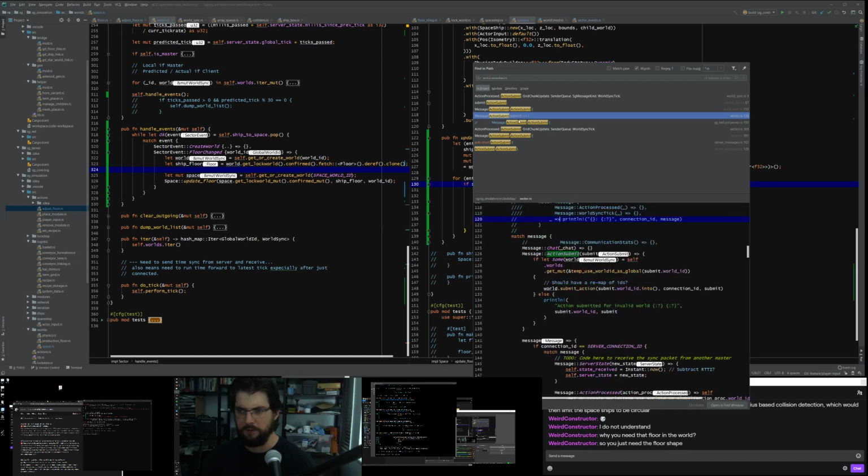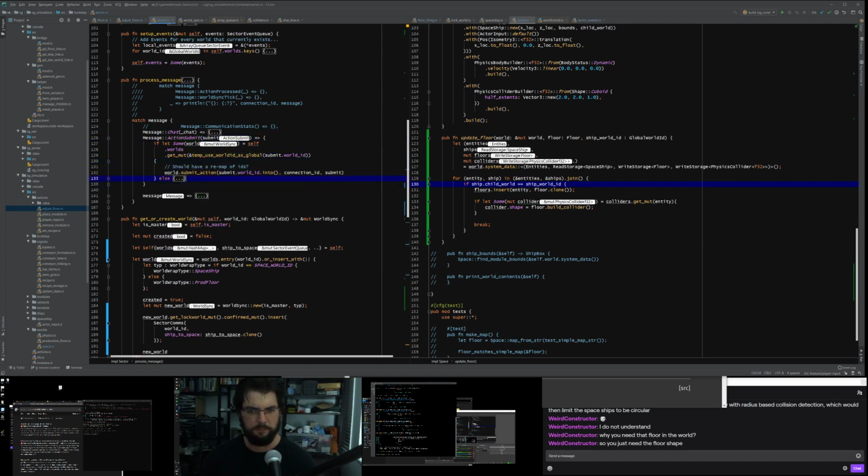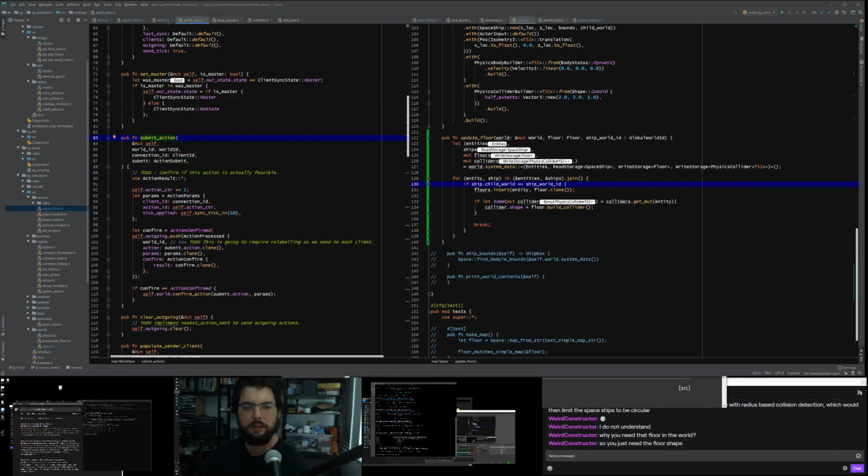I'm just going to jump into this file and see if I can track down where submit action goes. Confirm action.